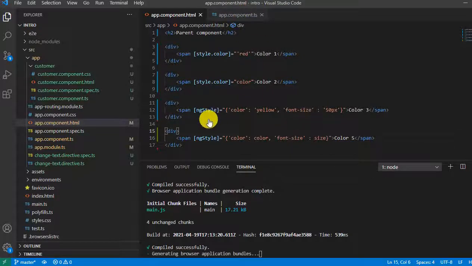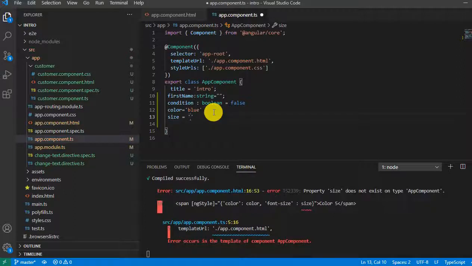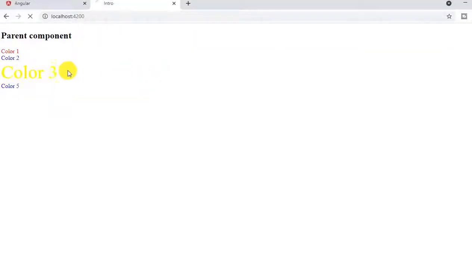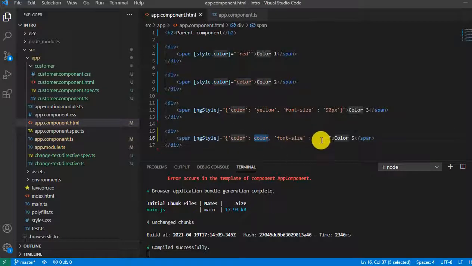Color is already there in the TS, I only need to define the size. I would say 50 pixel. Save it. Yeah. So now these values are coming from the TS file. So dynamically you can also assign the value rather than doing the hard coding. So in this way we can use ng style very efficiently.